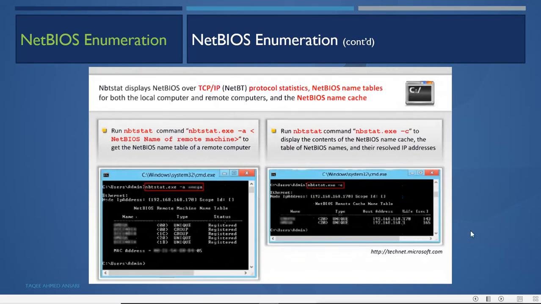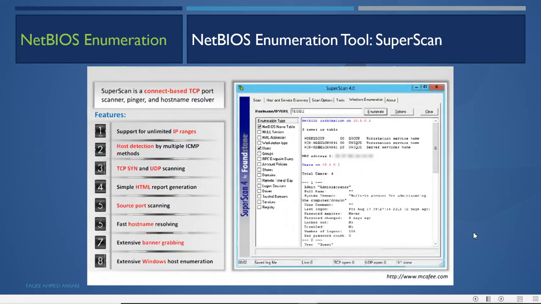Then we can use this NetBIOS enumeration tool. This is a graphical tool called SuperScan. SuperScan is a connect-based TCP port scanner, pinger, and host name resolver. The features of this are its support for unlimited IP range, host detection by multiple ICMP methods, TCP SYN and UDP scanning.